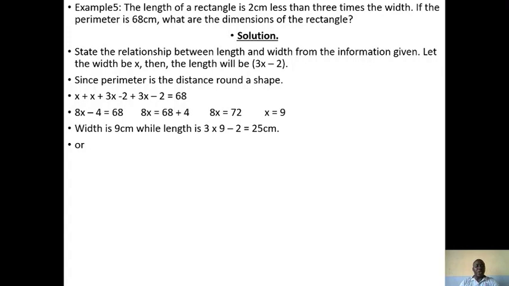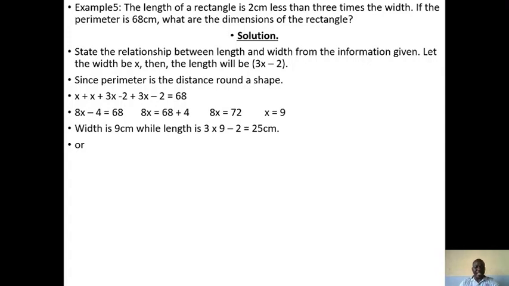It becomes a simple equation. Add all the x together, you will have 8x. x plus x is 2x, plus 3x will give us 5x, plus another 3x will give us 8x. So minus 2 minus 2 will give us minus 4 is equal to 68. By collecting like terms, you move 4 to the other side. We now have 8x is equal to 68 plus 4. So 8x is equal to 72. Divide both sides by 8, you will now have x to be